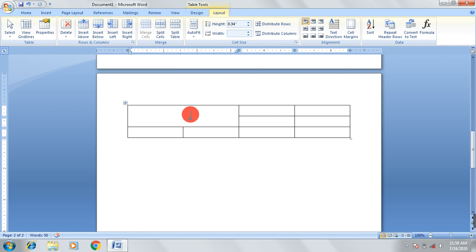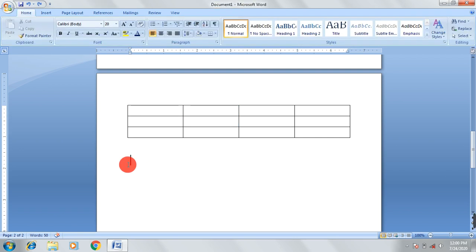Okay, now the last topic is splitting cells. It is the opposite of merging.